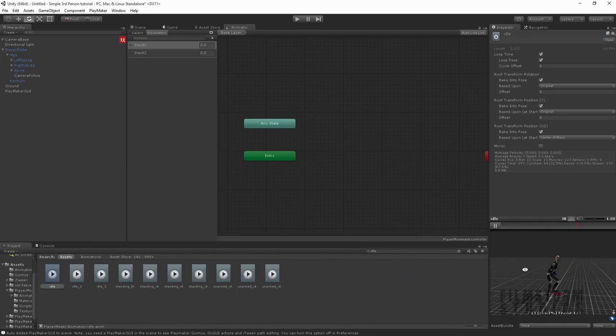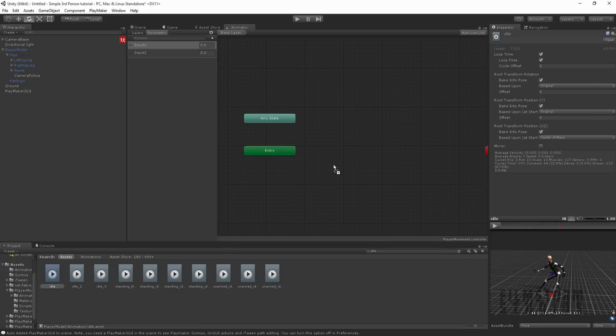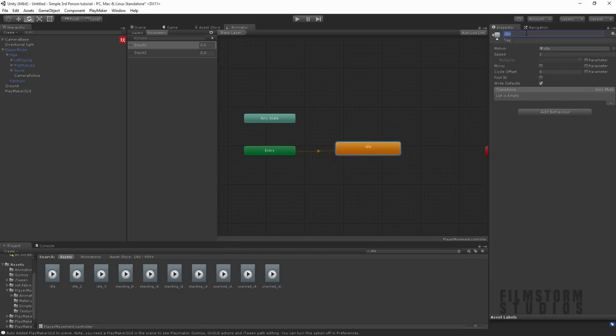So do we want her to stand like that when she's idle, or is this a slightly different one? We've got an unarmed looking-around idle, we've got another one, or we have one where she's holding a sword. So which one do we prefer? Let's do this one because it's a bit more stylistic. And we're going to drag that in and call this guy movement.